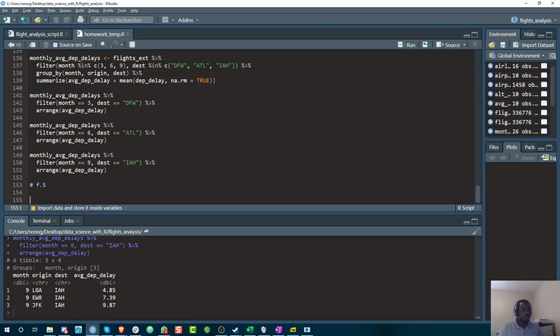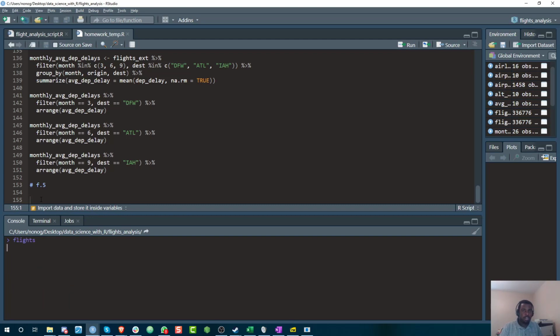Okay, so the question here is: compute the daily average departure delay. What was the longest departure delay in the year 2013? Make some research on the internet to find out the probable reason for that very long average delay. Okay, so taking a look at the flights data set,